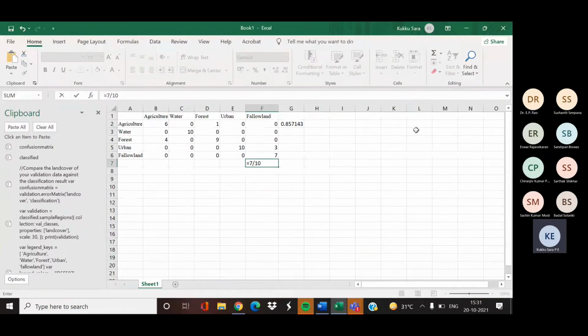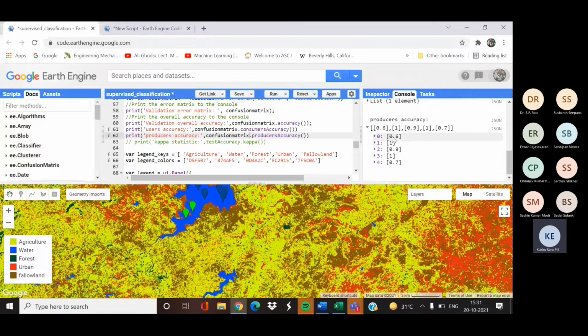As we have seen in this table, the producer's accuracy for agriculture is 0.6, water body is 1, forest is 0.9, urban land is 1, and for bare land is 0.7. So that is from the producer's perspective. How accurate our classifier is, you can understand through this producer's accuracy.